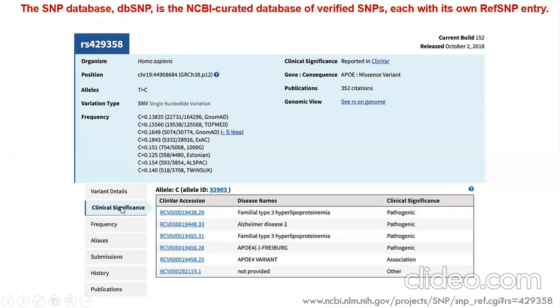Clinical significance: if you zoom in on the clinical significance tabs given here, you will see that these SNPs are associated with a lot of pathogenicity. So because of this SNP being present in a human population, it is associated with pathogenicity. What kind of diseases is it associated with? Given a GO term, gene ontology term, as we sometimes call it, and the accession, it is associated with hyperlipoproteinemia and Alzheimer's disease. Specifically, this is relevant to an Alzheimer's disease variant of the SNP.